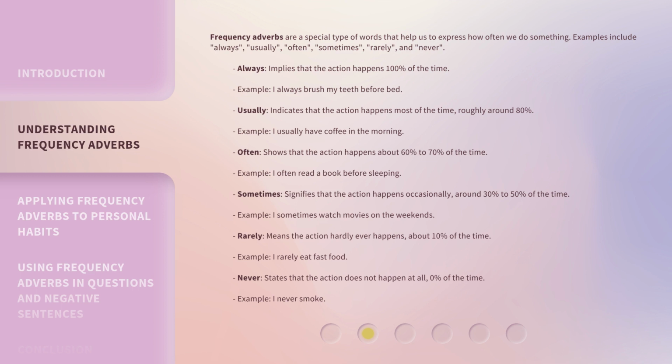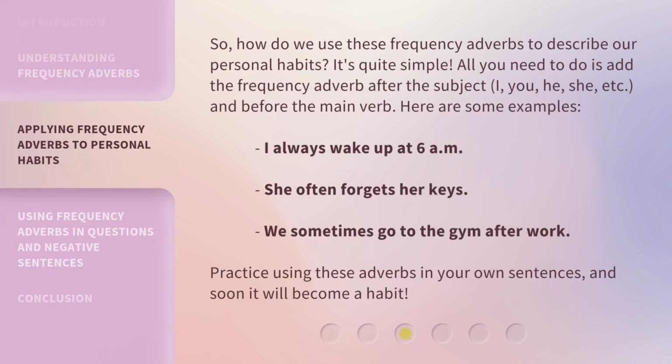Never states that the action does not happen at all, 0% of the time. Example: I never smoke. So, how do we use these frequency adverbs to describe our personal habits? It's quite simple. All you need to do is add the frequency adverb after the subject, I, you, he, she,